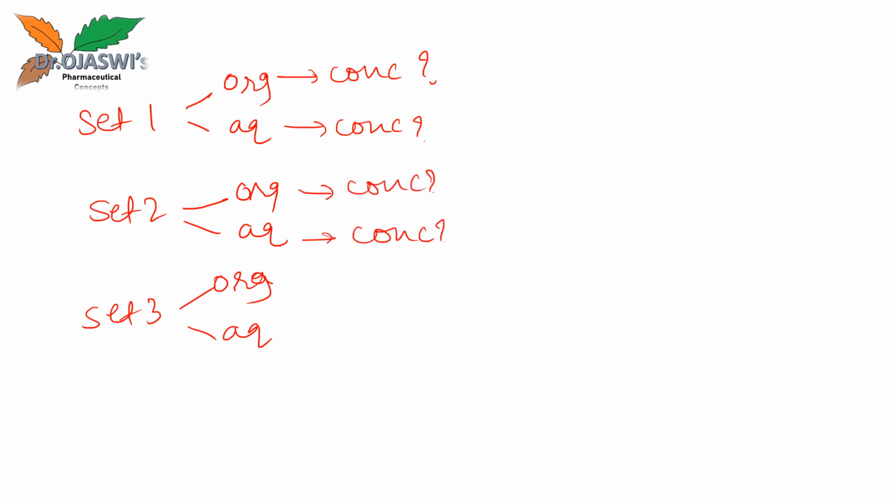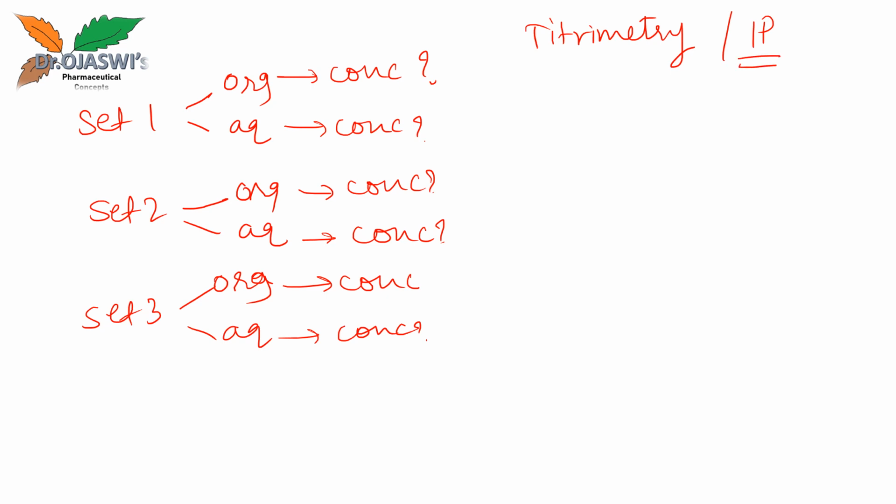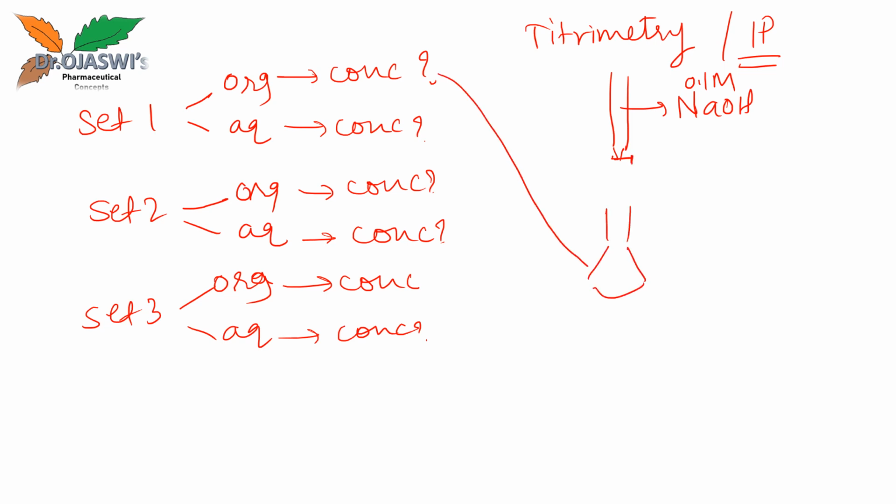I can calculate that using the titrimetry method which is given in the Indian Pharmacopoeia. For ibuprofen, it is stated that it will be titrated with 0.1 molar NaOH. So this 0.1 molar NaOH I am taking in the burette, and in the conical flask I will take this layer. I will perform the titration using the indicator stated in the monograph,